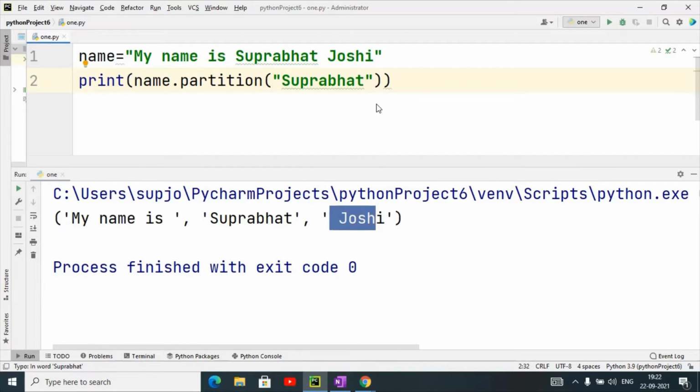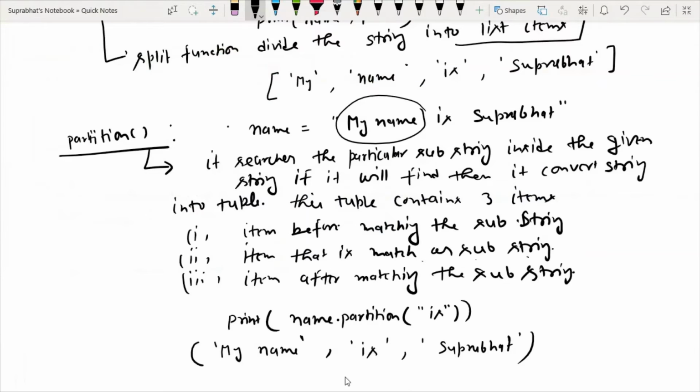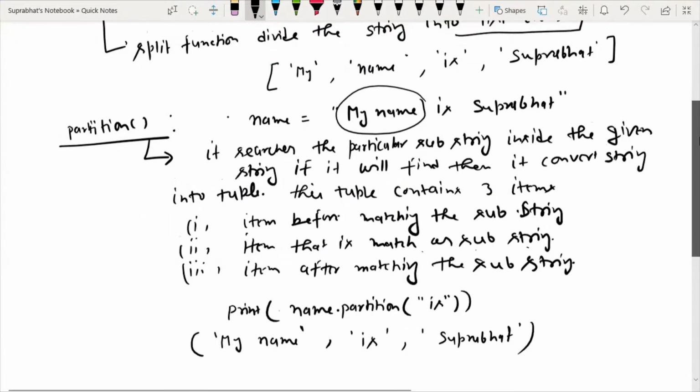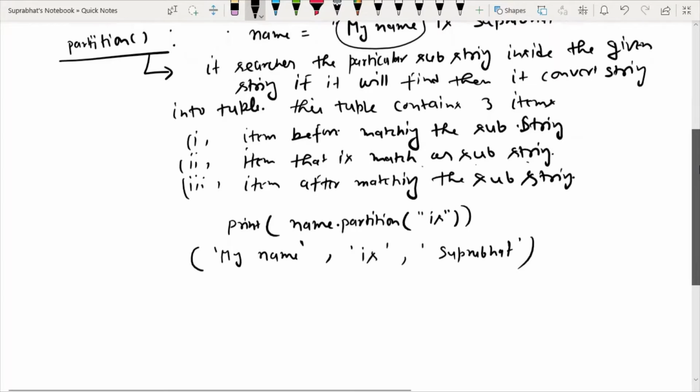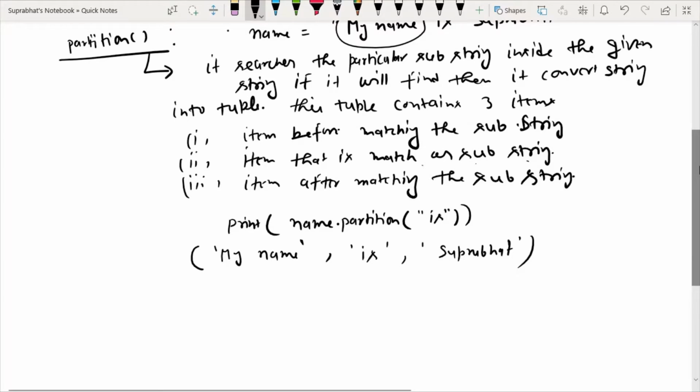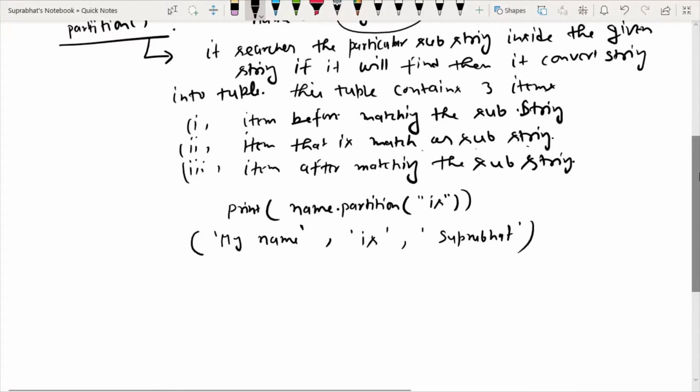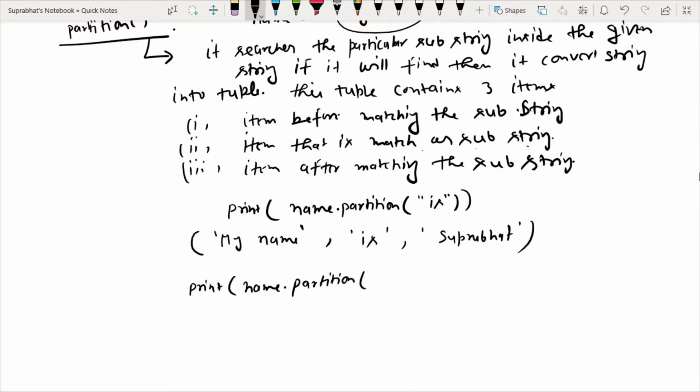Now the question arises when no match occurs. Suppose I have given print name dot partition, and I have given xyz, that is not a match, no match is available.